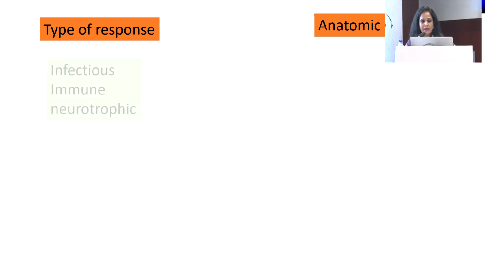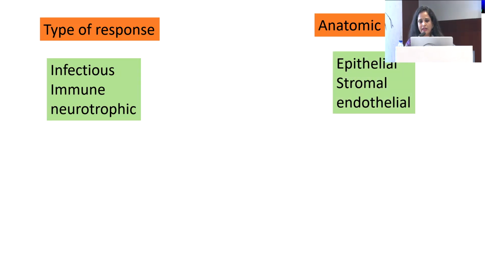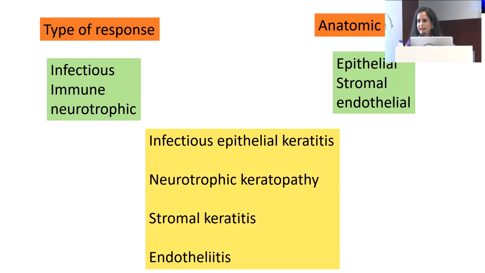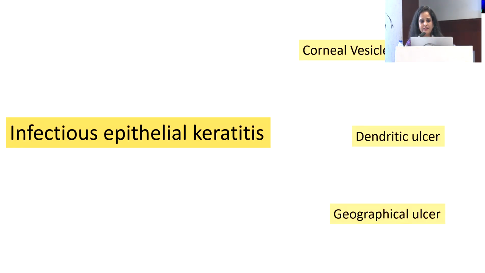Based on the type of response, it is divided into infectious, immune and neurotrophic, whereas based on anatomic location it can be epithelial, stromal or endothelial. Based on these two types of response, it is broadly classified into four types, which I'll be discussing in my next slides. The infectious epithelial keratitis can occur as corneal vesicles, dendritic ulcer or